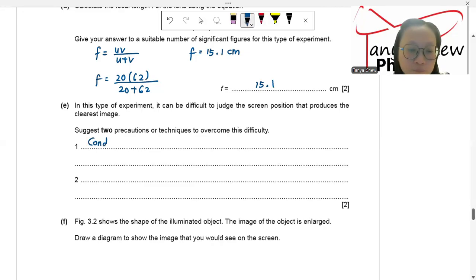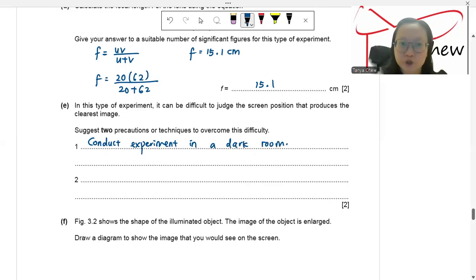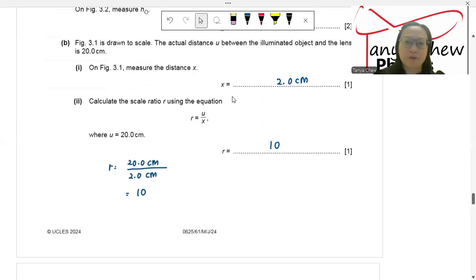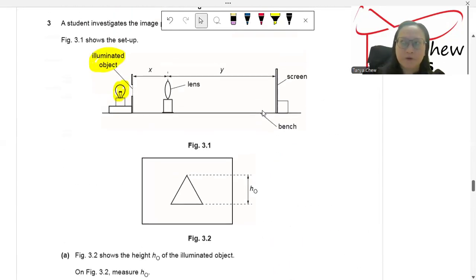Conduct the experiment in a dark room. This is like a general technique in order for you to view the image clearly. Now, sometimes it is very hard to judge which is the clearest image because